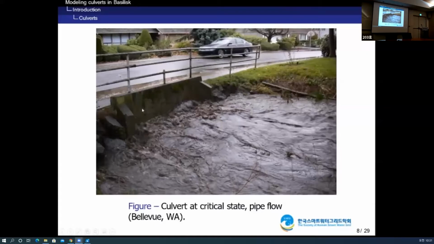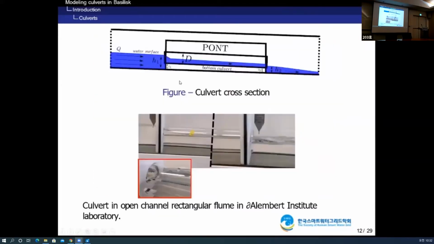Sometimes there will be some overtopping, and it's important to know all of these phenomena in order to have those condition results. So this is the basic model of culvert that I use for my study. You can see there is a culvert, upstream water height, downstream water height, some kind of slope inside. The culvert will have a shape, the diameter, and of course, sometimes the height from the entrance and the exit